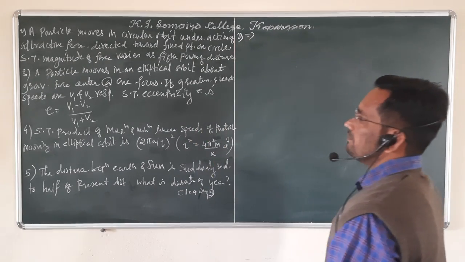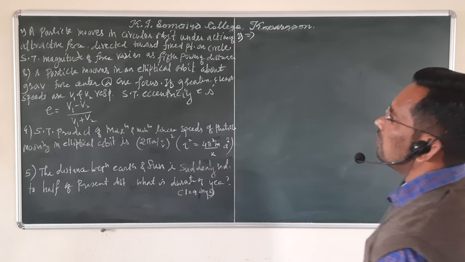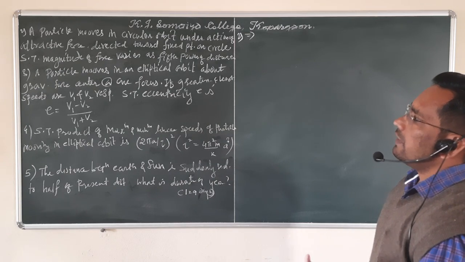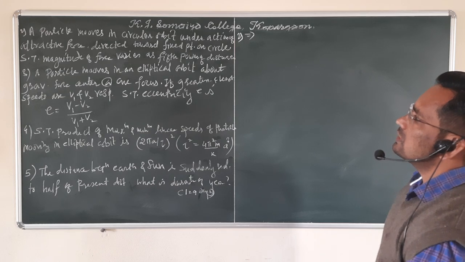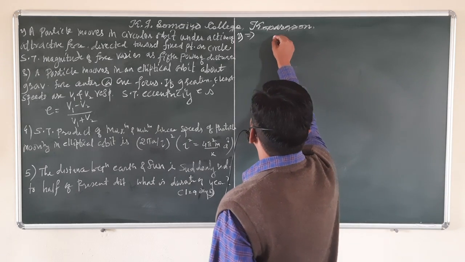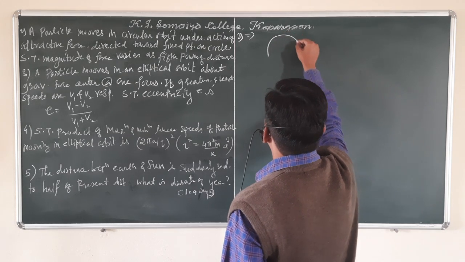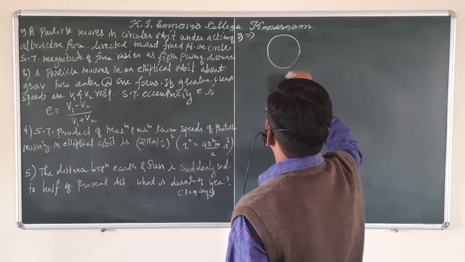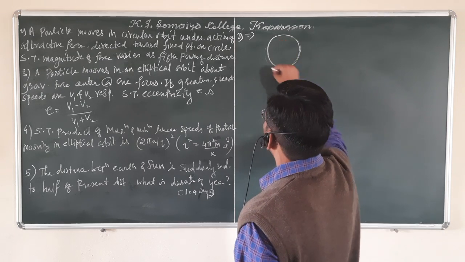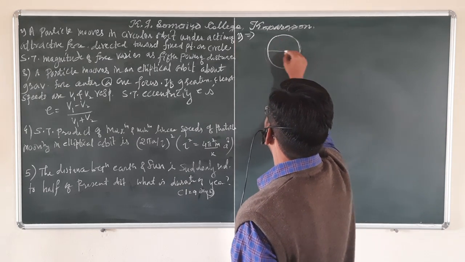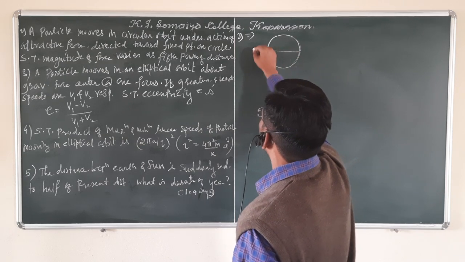So what is given? The particle moves in a circular orbit in such a way that the attractive force is directed towards a fixed point on the circle. So first of all, we have to draw a circle on which that particle is moving. Okay, so this is the circular orbit under which this particle is moving, and suppose we are taking the fixed point over here,